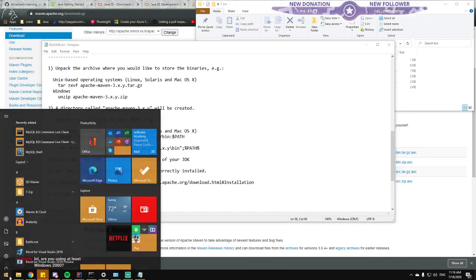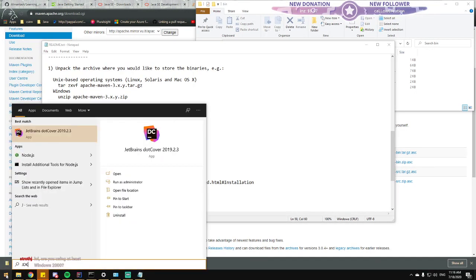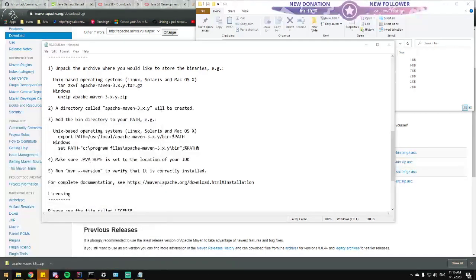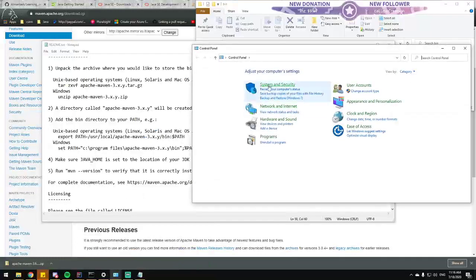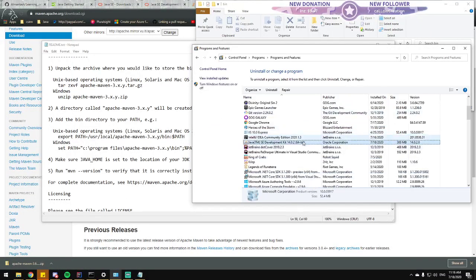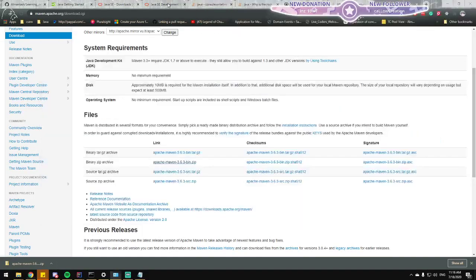Where's my JDK? Do I have JDK installed? I guess the control panel will tell. JDK. Java SE Development Kit. That's not JDK, I assume.